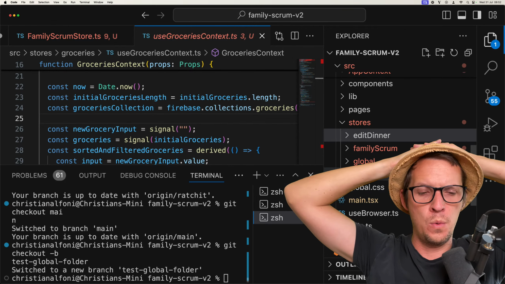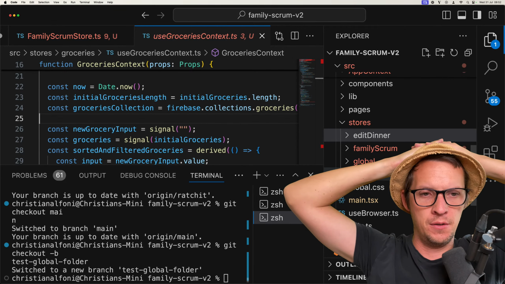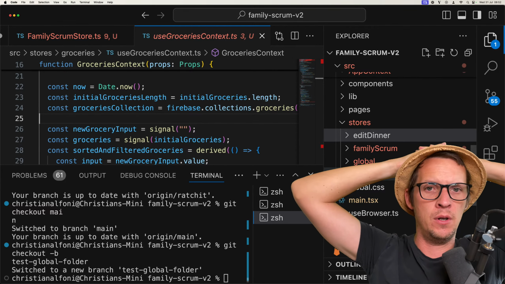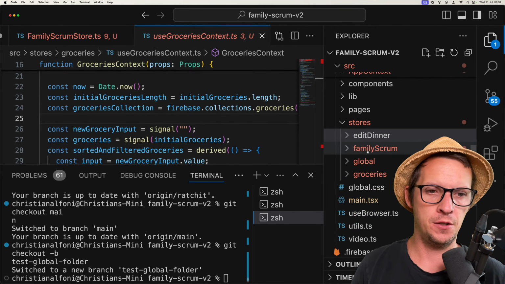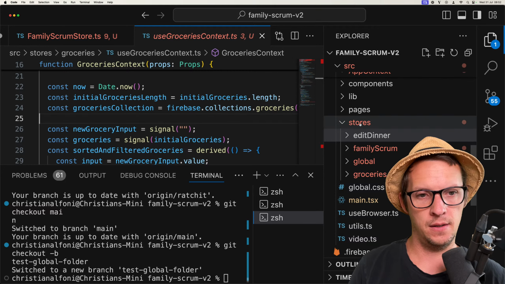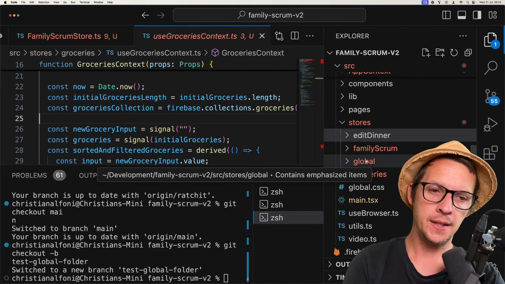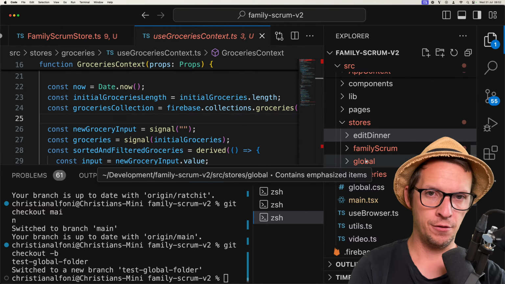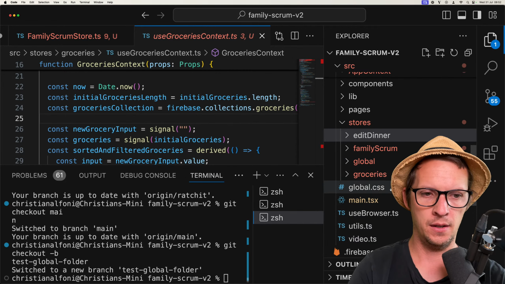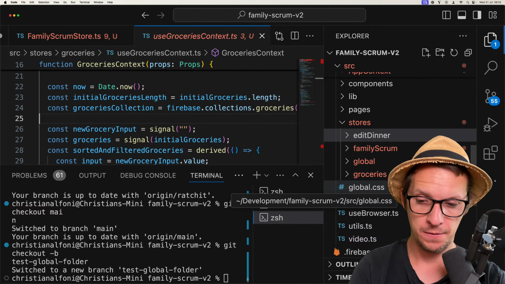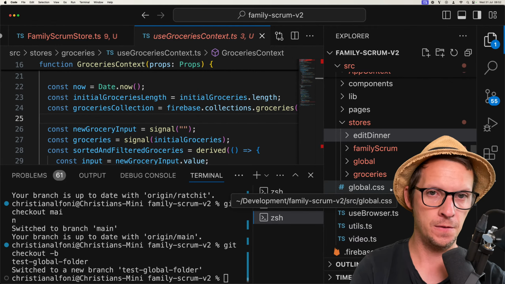So we had a similar structure in version 2, only we used context and we called it features. Even though some of the features depended on other features, we would have this flat folder called features, and you would have the different features there. I think that is very helpful to get a glance of what features we are providing. Though you lose the relationship between those features, that one feature depends on another.